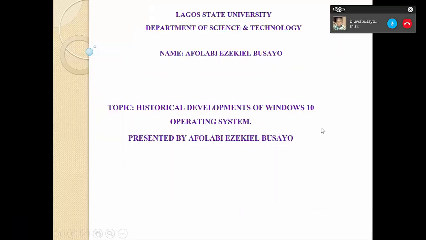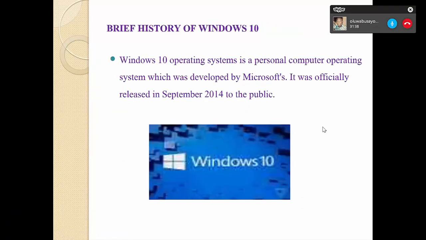Good evening, class. I'll be talking briefly on the brief history of Windows 10. Now let's go to my slide 2. Windows 10 is a personal computer operating system, which was developed and released by Microsoft as part of the Windows NT family. Now, it was officially released in